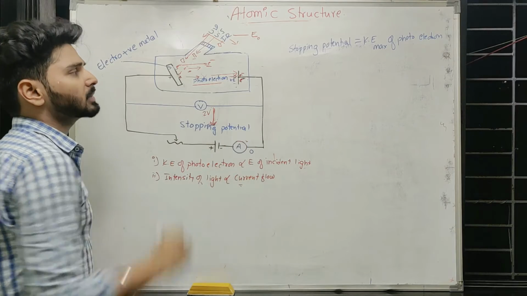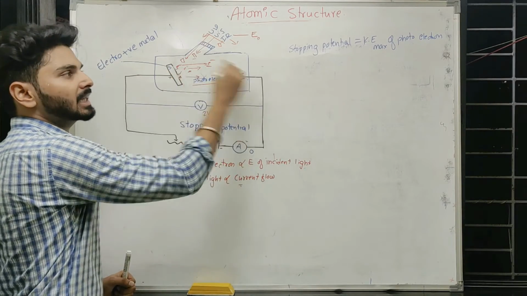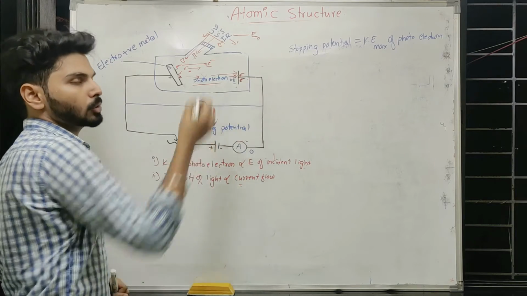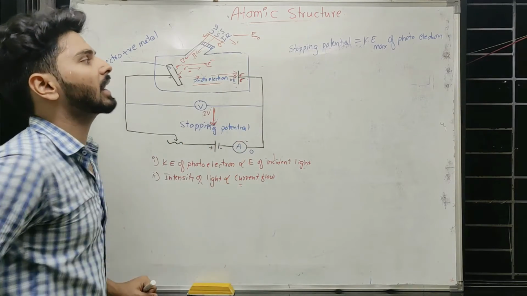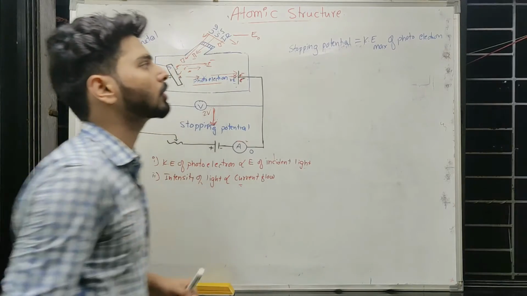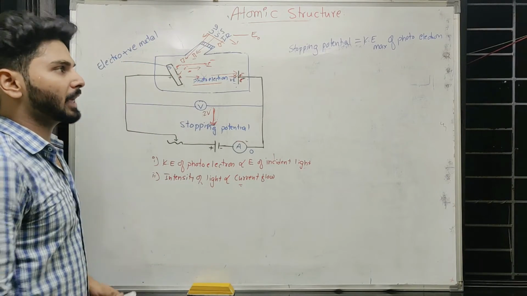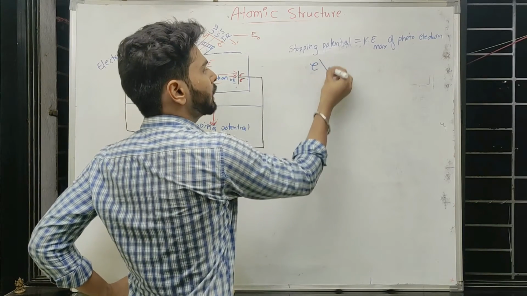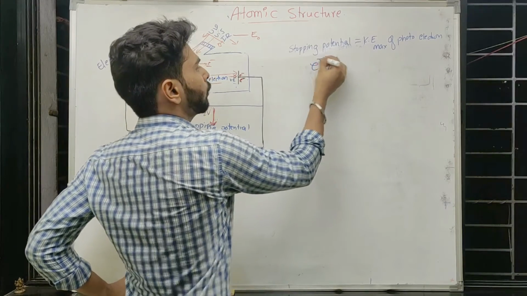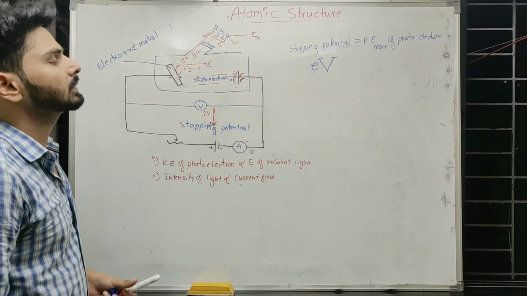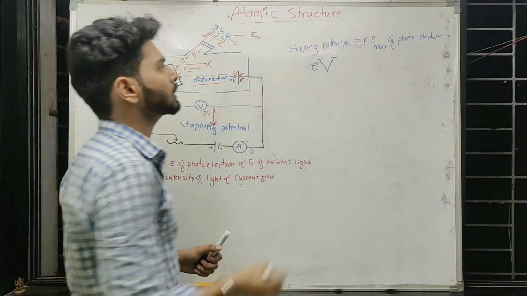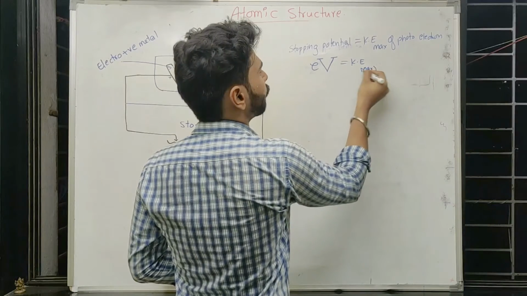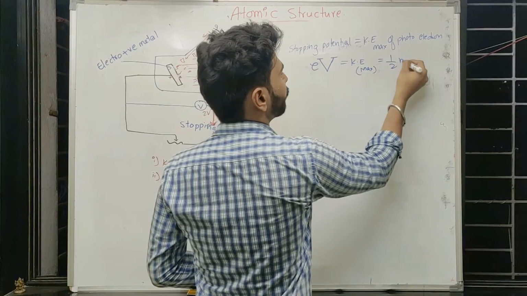But when current became zero, that indicates that even the photoelectron which was having the highest kinetic energy also got stopped. So at that moment we can understand that the stopping potential is equal to the maximum kinetic energy of the photoelectron. So stopping potential, we can say, is charge times voltage. I keep voltage as capital letter V like this. Charge times voltage becomes the stopping potential, and this is equal to the maximum kinetic energy of the photoelectron, and this is equal to half mv square.